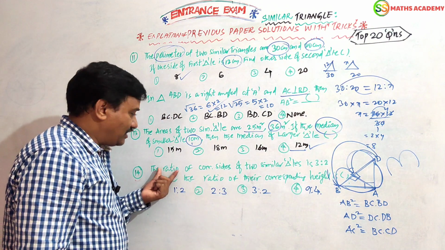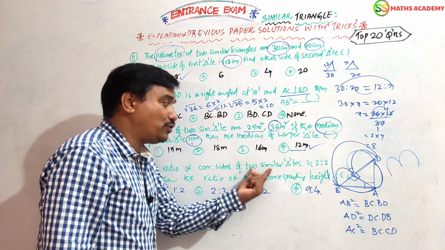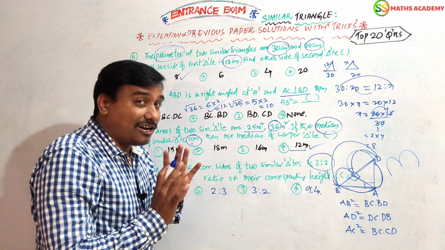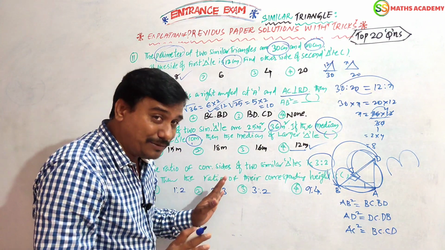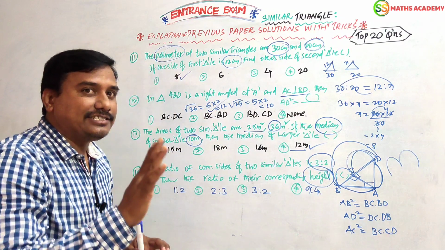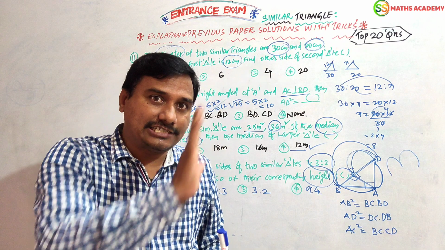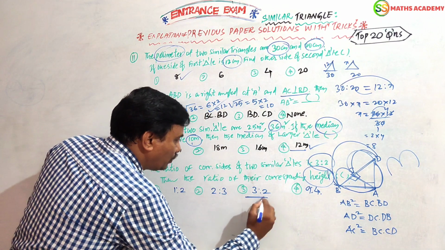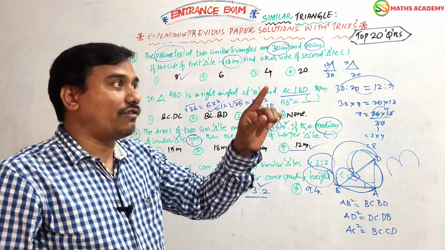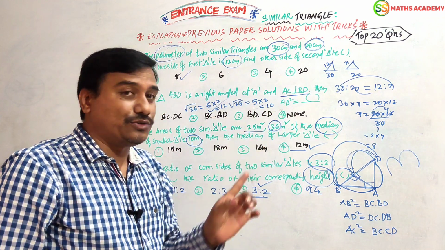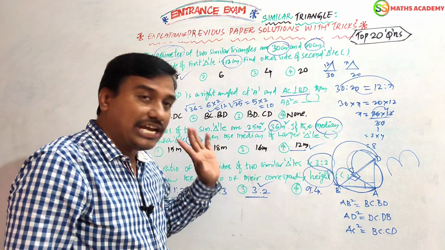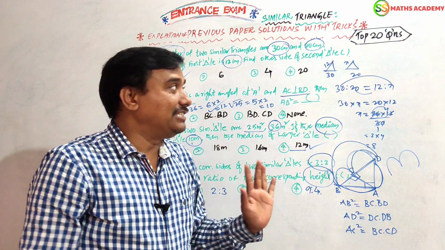Now, a very interesting question. The ratio of corresponding sides of two similar triangles is 3:2. He is not asking area, he is not asking perimeter. He is asking the ratio of their heights. Friends, sides are given, height cannot be changed, so it is 3:2 only. Sides to area, we have to square. Area to sides, you can take square roots. Clear. Now, height is asked, so that value comes as it is. No doubt. These are the important questions.